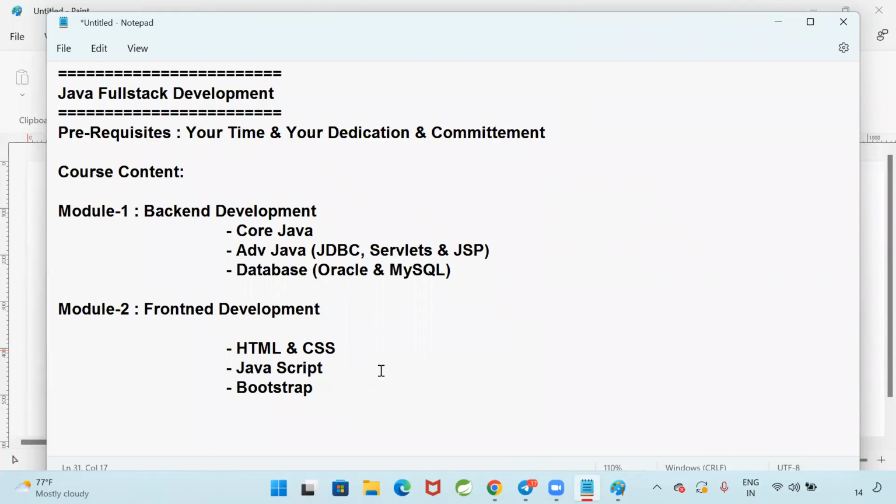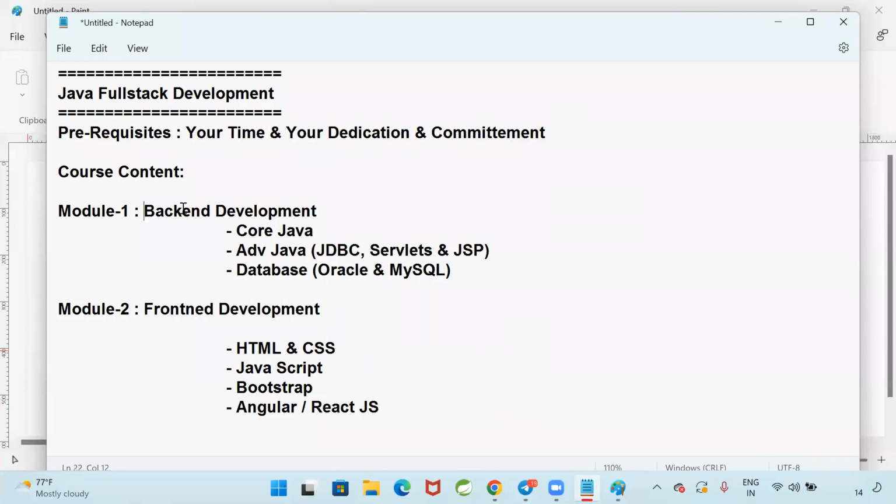Got my point? Now, along with this, to develop the application's front end, currently in the market, people are using Angular or React. You need not learn both. One is sufficient. Either Angular or React is sufficient to develop the front end part of our application. Are you clear?